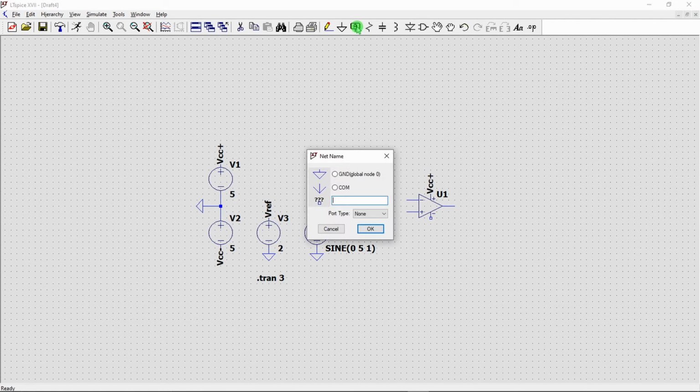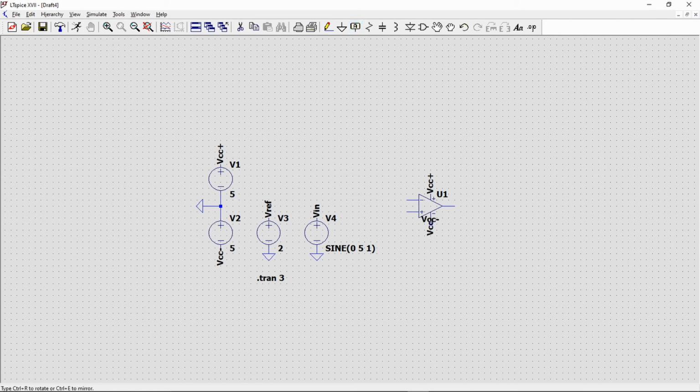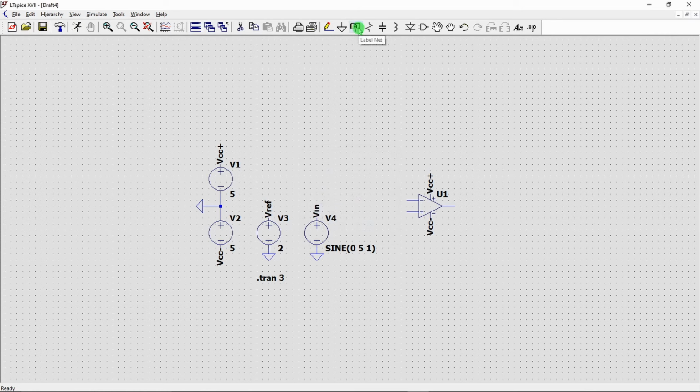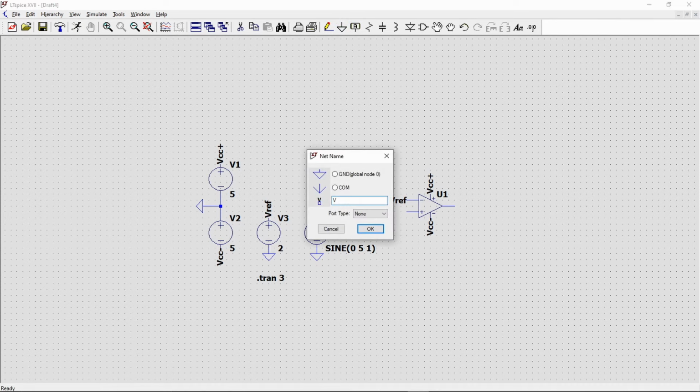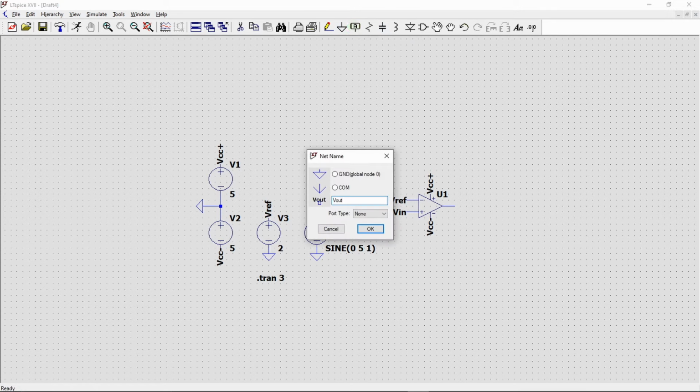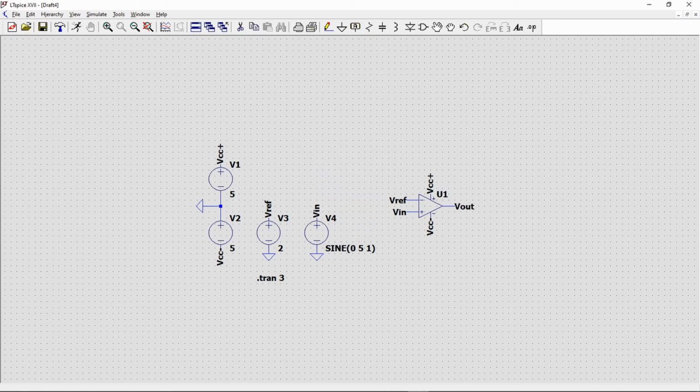I can do a similar operation for VCC minus, apply it to my negative power supply terminal. Now let's do V reference. And let's look at a non-inverting comparator, which means my reference should be on the inverting terminal. I'm going to apply the voltage Vin to my non-inverting terminal, and I'm going to label the output as Vout. Now I'm ready to run my simulation. So I click my Running Man icon again